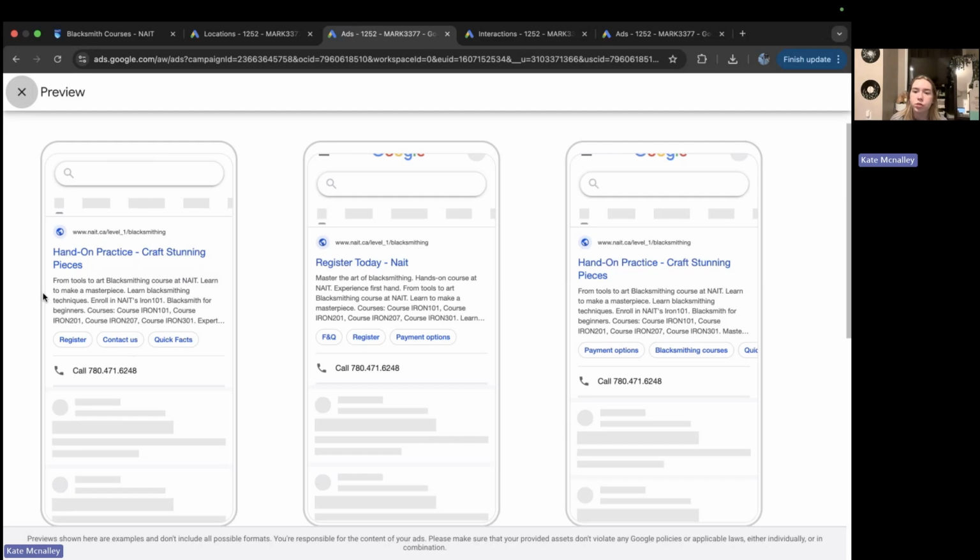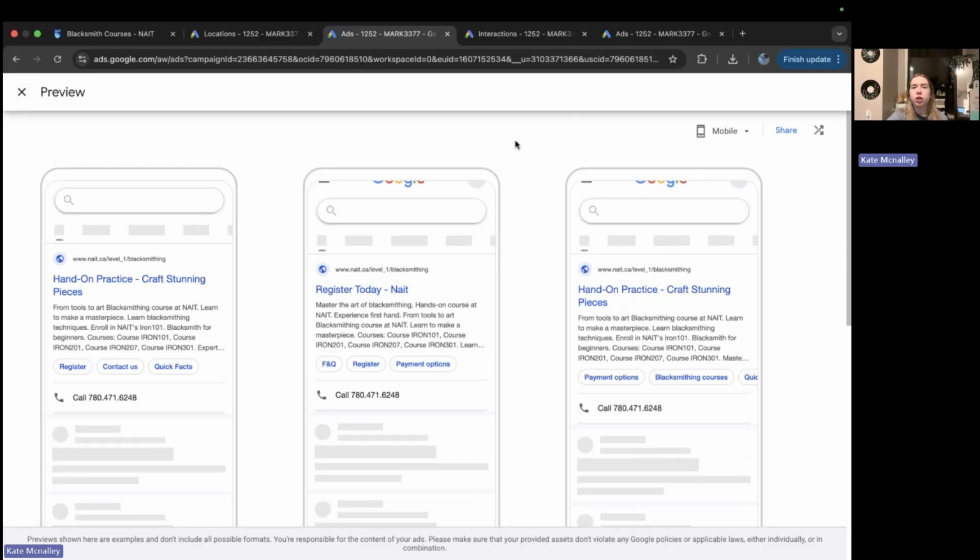I did all 15 descriptions, making sure that they were over a certain amount of words, and just kind of putting as much information as possible on here. I also added the rest of the courses on the bottom, as you can see right here in each individual ad. Okay, the next one we are going to talk about is